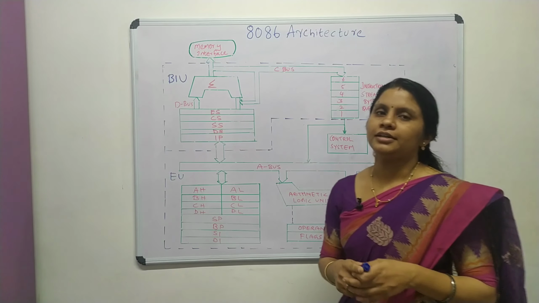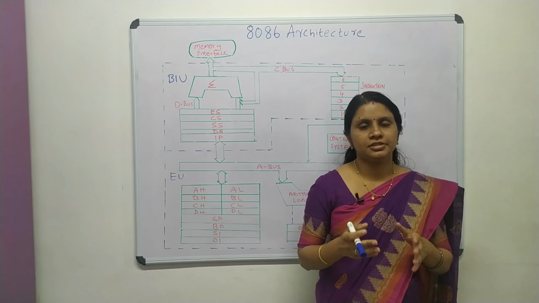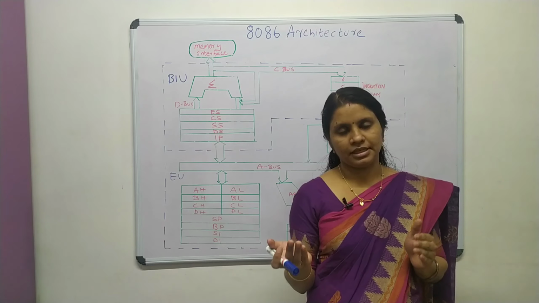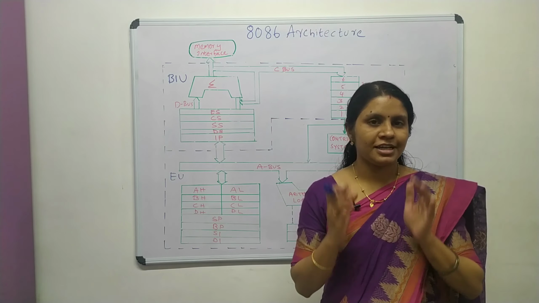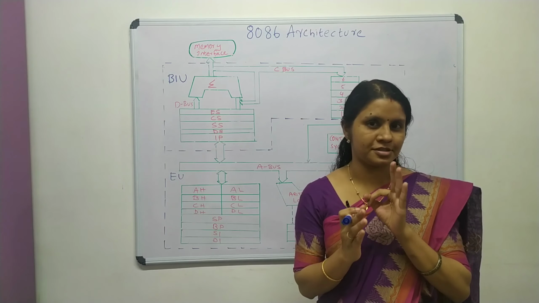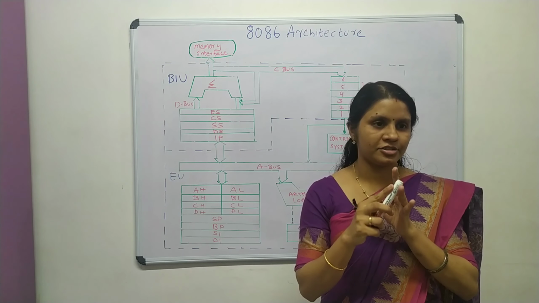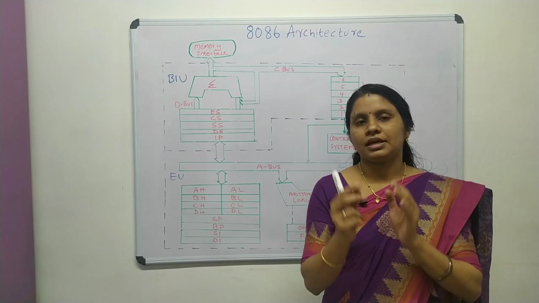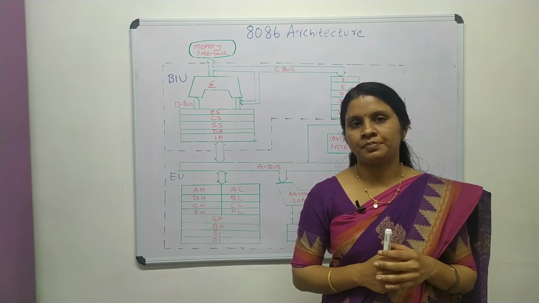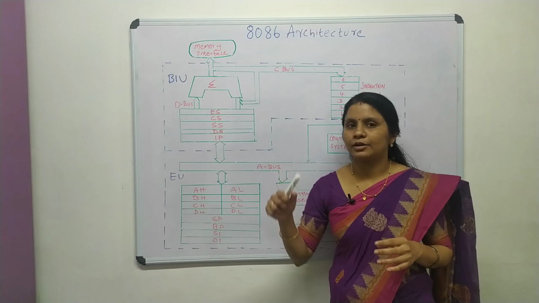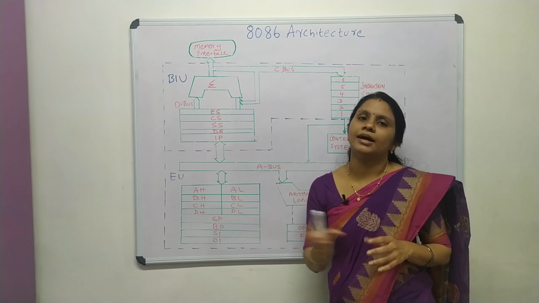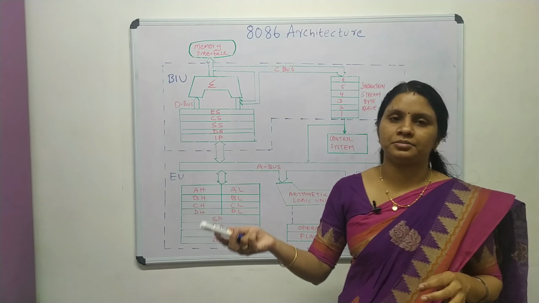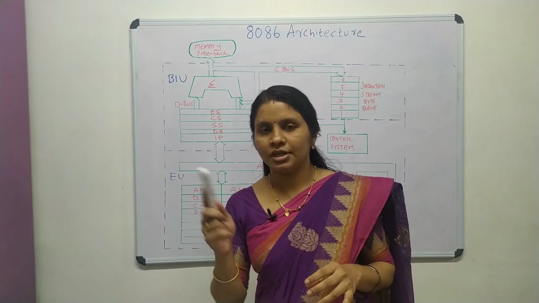Okay, one more point to add: the processor and memory are separate. The amount of memory that you can access depends upon the address bus. In 8086, we have 3 buses, right? Data bus, address bus, and control bus. This 8086 has a 20-bit address bus, so this BIU will be calculating the 20-bit physical address. And this BIU will fetch the instruction through the data bus.